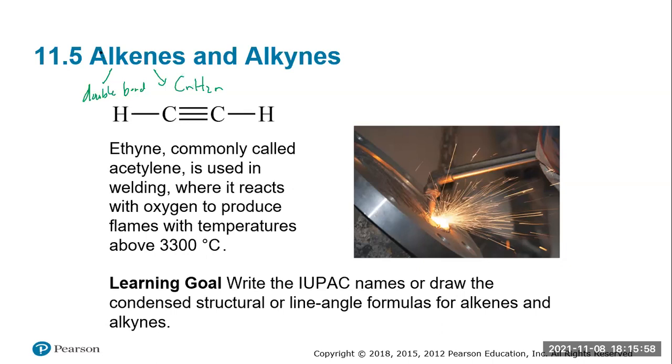Alkenes, because they have a double bond, lose 2 hydrogens, so they end up with that formula. Alkynes have a triple bond happening there, and they have a general formula CnH2n minus 2. So these are what are referred to as being unsaturated, because they do not have the maximum